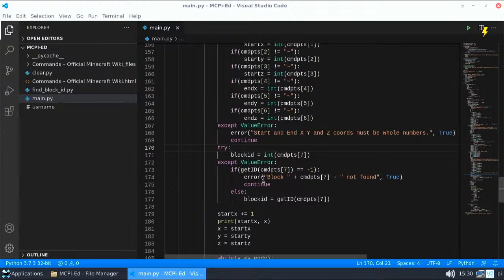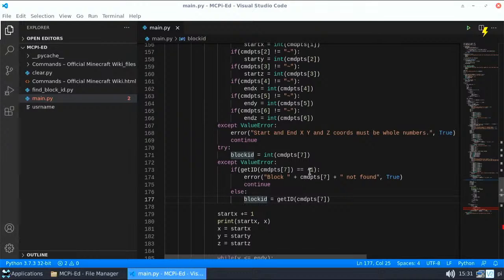And I do that in this try here, trying to convert it to an integer, and if it can't be converted into an integer, because it's a string, we get this value error, and we handle that by then checking it using my find block ID script up here, and if we get a -1, then we know that the user entered something wrong, and we did have a continue statement here. That's weird. Why didn't we have it before? Alright, and this else here,